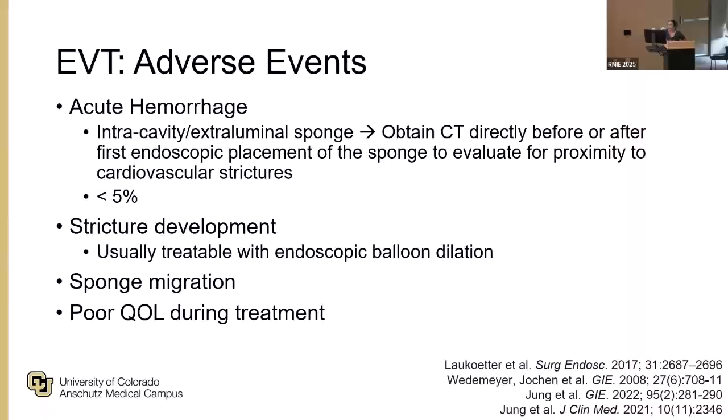So probably the most important adverse event to know about with EVT is acute hemorrhage. And this is something that is typically seen when sponges are placed into a cavity or out of the esophageal lumen. The cases that have been described include a case of an aortoesophageal fistula that developed because the sponge was placed into a cavity that was in close proximity with the aorta, and the patient ended up dying from an